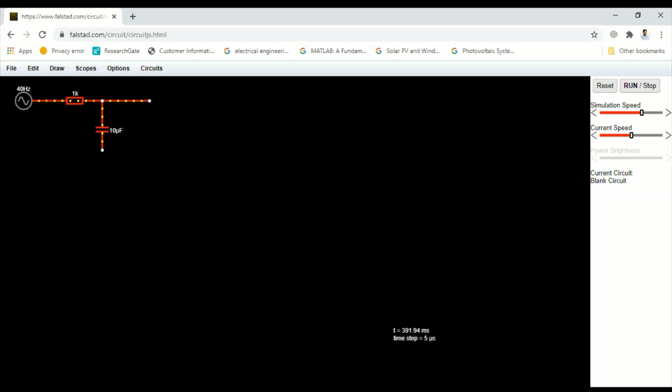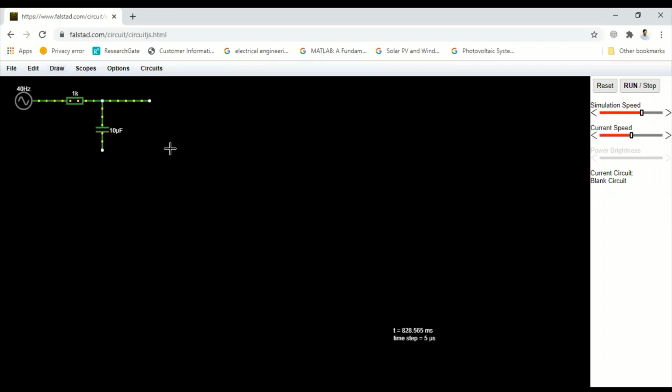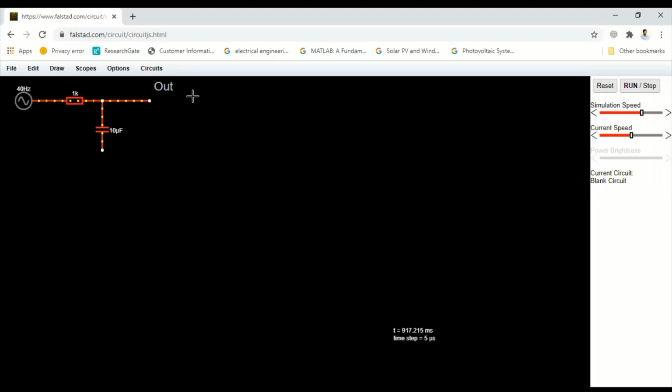Go to outputs and labels, click on add text, write output out, apply, okay.